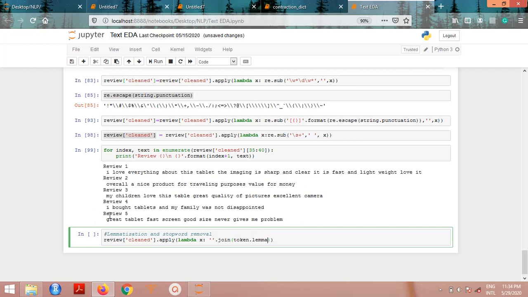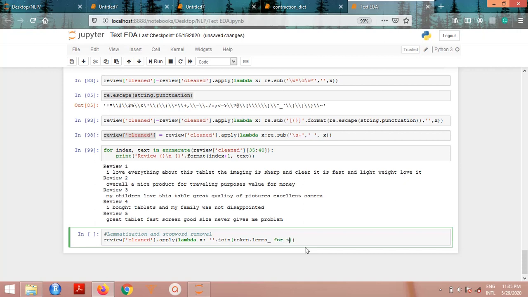The lemma will extract the root words from all the words we have. So we want to do this for all the tokens or lemmas in our text. Okay, let me just show you, then I'll explain it. So token.lemma_ for